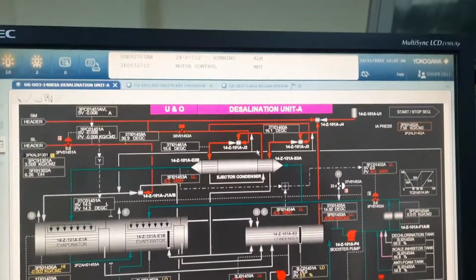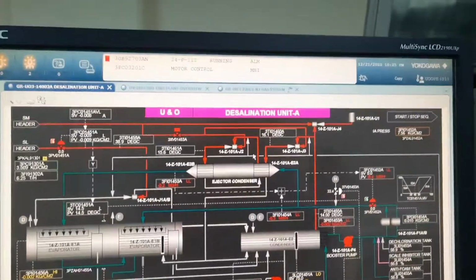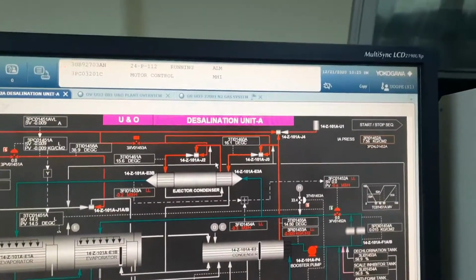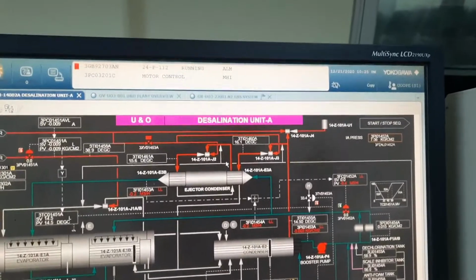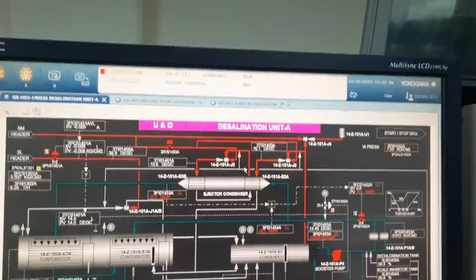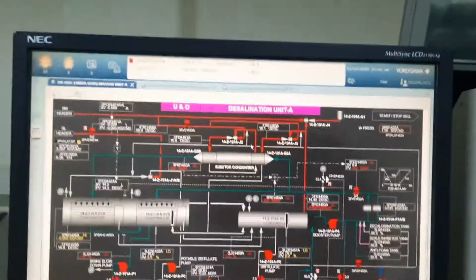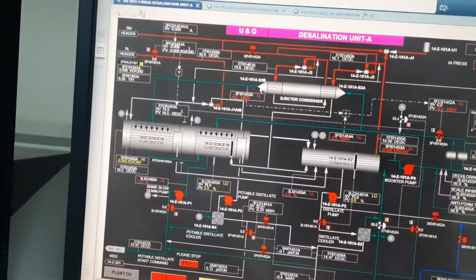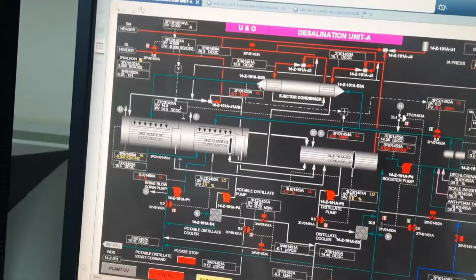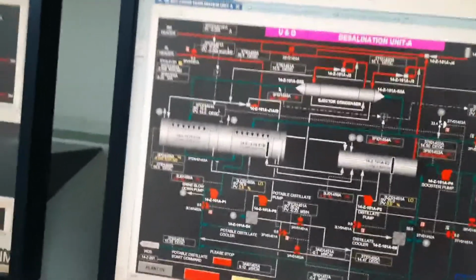We will maintain the temperature at more than 60. 65 is better. 65 to 67 is good. More than 60, less than 70. This temperature gauge is installed on the local side, after the condenser ejector.